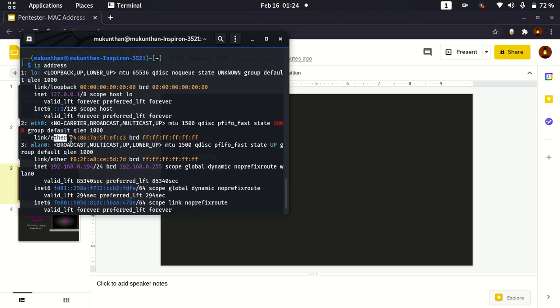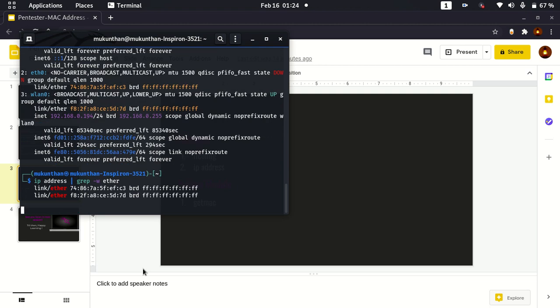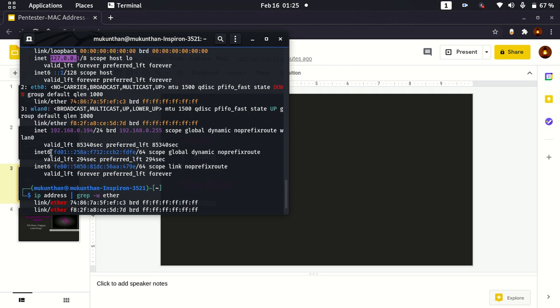The difference between the previous command and this command is that it has some listing and some coloring as well, so you can easily identify the MAC addresses or the IP addresses. You can even use Linux commands such as grep. By using grep, wherever it has the ether keyword, that will be taken as the output. Now you can see the MAC addresses given here, one from the Ethernet and another from the WLAN.